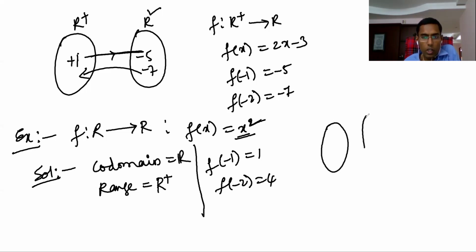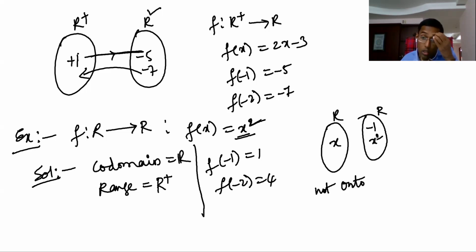What does it mean? If at all you want a simple explanation for this, here, if I take minus 1, its pre-image doesn't exist. Because what do you have to square so that you get minus 1? Here this is x square. The x square value I need to get is minus 1. That is not possible. Therefore, it's not onto. You understand here? Images are all squares, but minus 1 is here, and its pre-image doesn't exist.